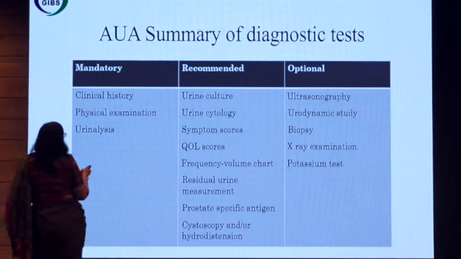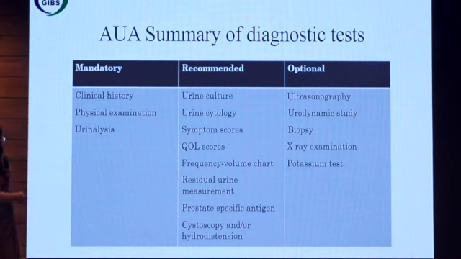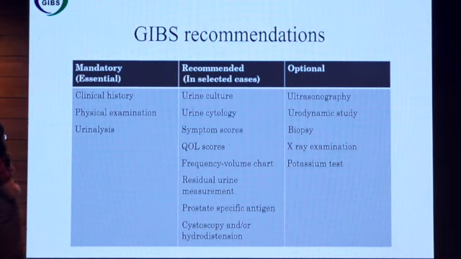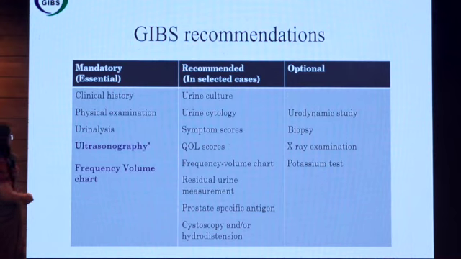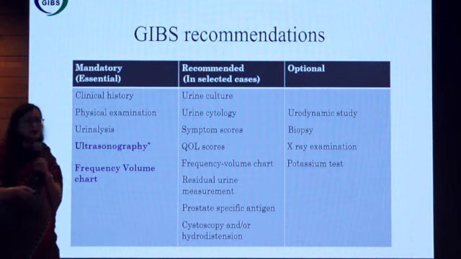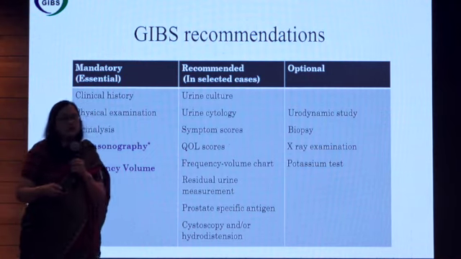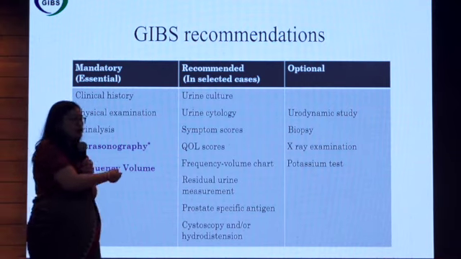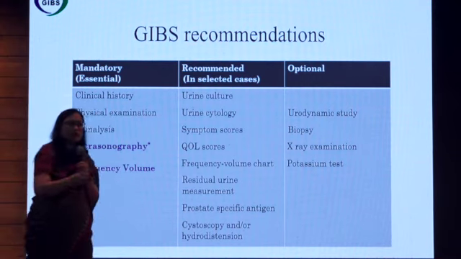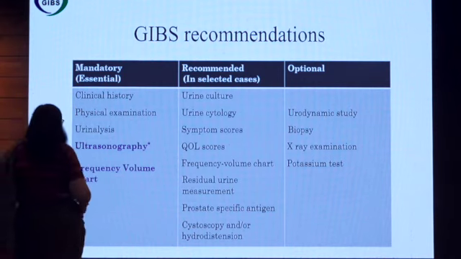Now, this is the summary of the investigations required to diagnose, and it is from the American Urological Association. We have modified it because we have a different setup of patients. So mandatory, as you can see, is only urinalysis there, but with GIPS, we say that we should do ultrasound, and we should ask for the bladder ID, which is very simple to ask from the patients. And ultrasound is so easily available in our clinics, because our patients are not very good at follow-up. So it's better to rule out many gynecological disorders by just doing ultrasound. You can even see the post-void residue. So these things are important. That's why we have kept it as mandatory.